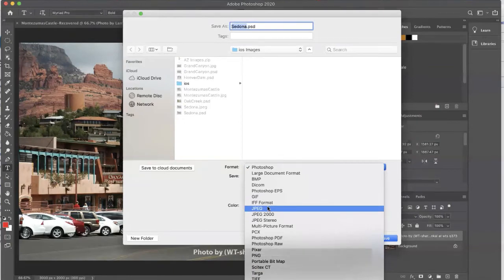If you have any transparency in your image, then you want to make it a PNG file. PNG includes the alpha channel, which contains the transparency. JPEG will not. JPEG also is a little more of a lossy format that's going to lose a little bit of information versus PNG. So PNGs tend to be larger than the JPEGs. Either one will work with Xcode. So I'm going to make this a PNG file